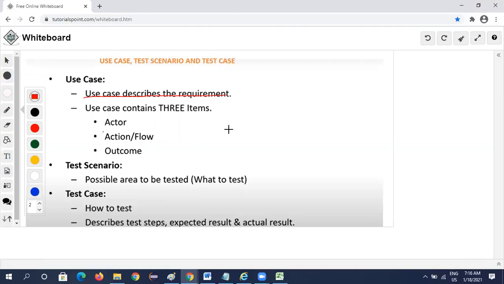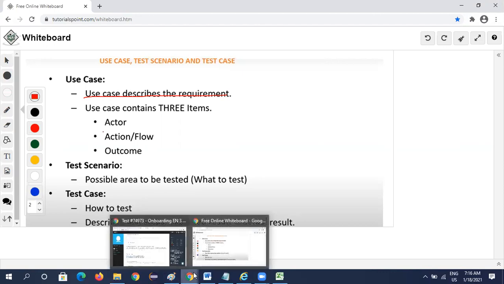We describe the requirements here in use cases. How we describe them is similar to scenarios, but not exactly. Use cases can be described in a descriptive manner, and we can also explain use cases in a pictorial manner.